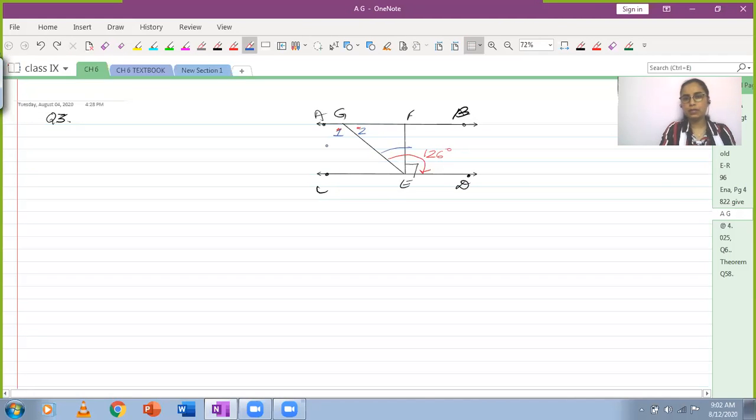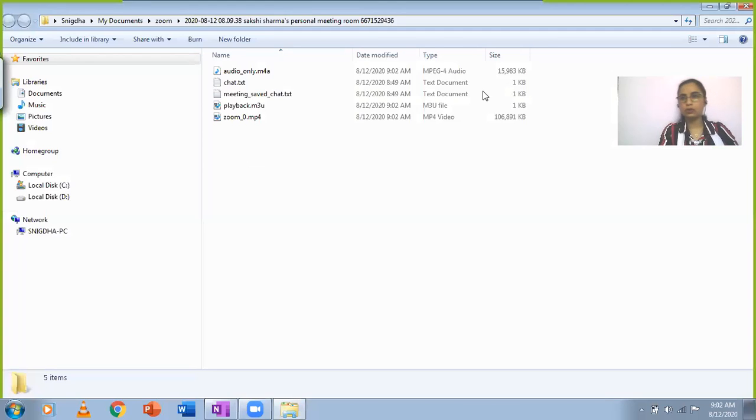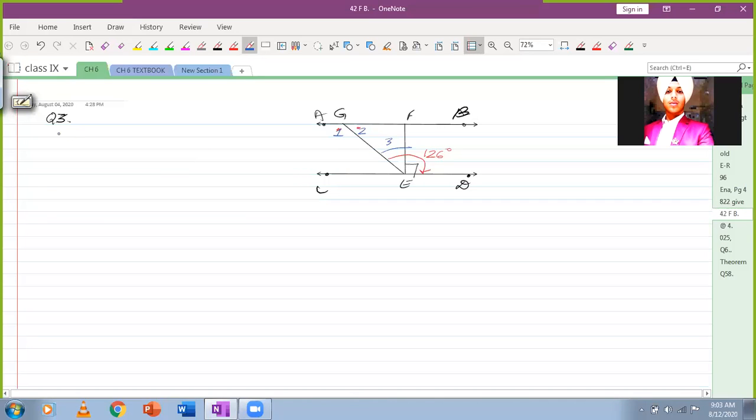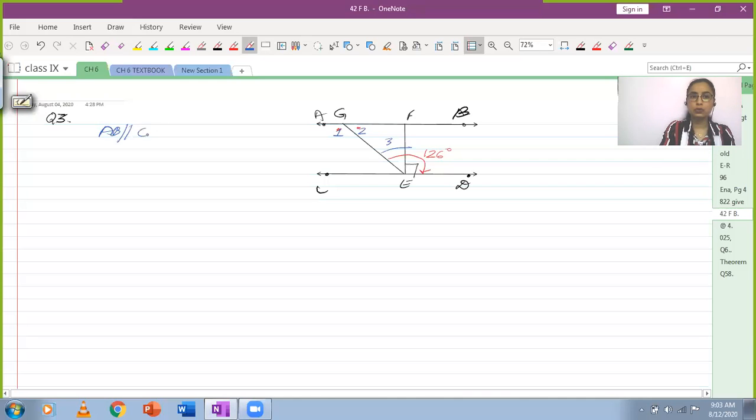So you can find these angles in any order if you want. It's not necessary that you have to do the angles the way they are given in the question. They're saying find AGE, GEF, and FGE. So you can do it in any order. The ones which you think are easier to be calculated first, you can go for those. So right now, what do you think is the easiest to find out? Angle 1. Angle 1, that's correct, since AB is parallel to CD and GE acts as transversal.